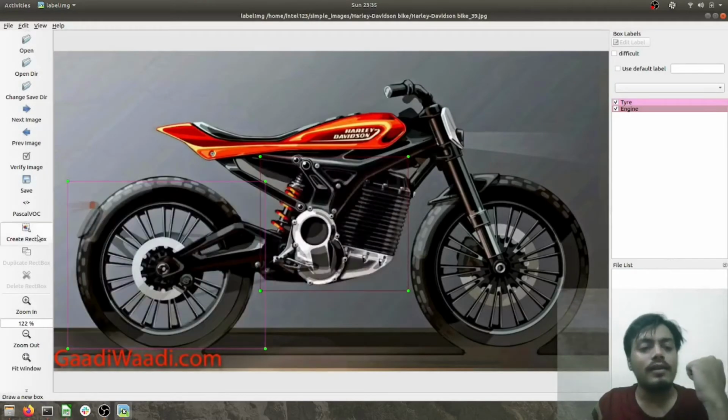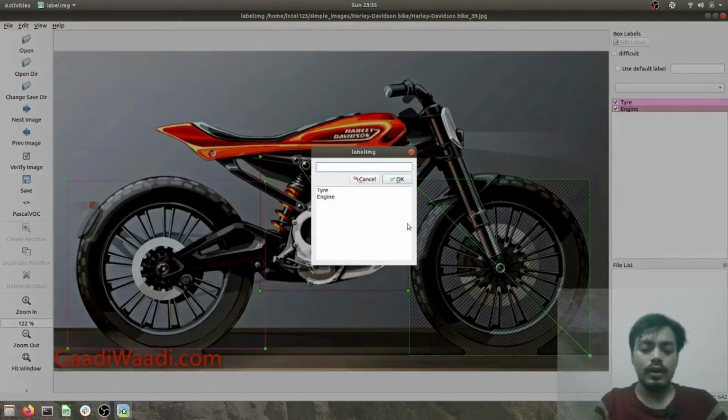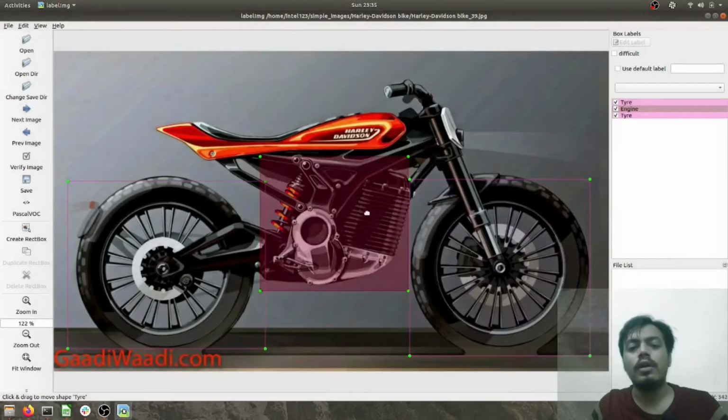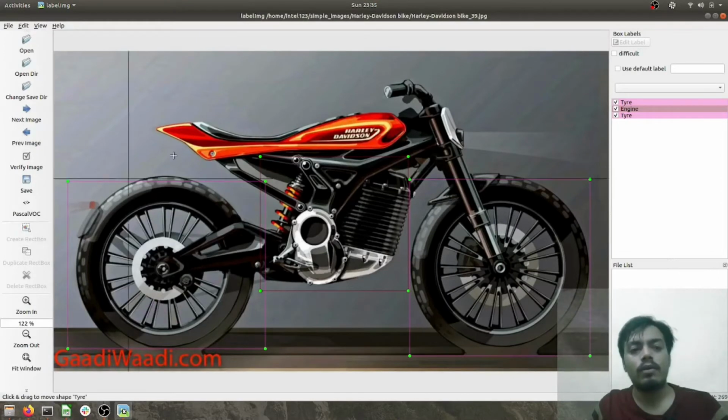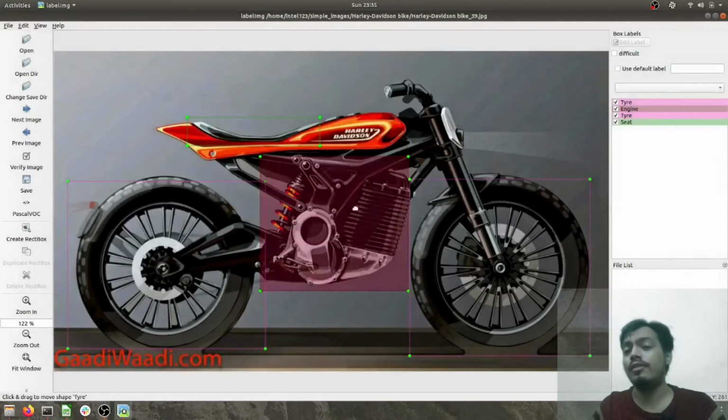And in this way, let's annotate this also. This is again a tire. Then we have something called a seat. A small seat of ours. Done with the annotations on this image.